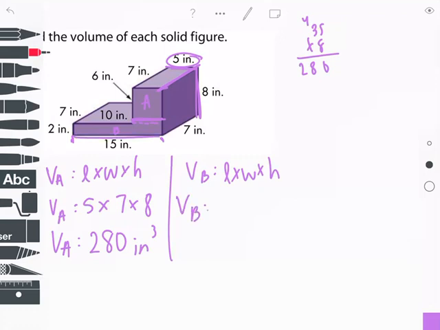Length here, now we can use the entire 15 because that's how long B is. The width, how wide it is, so the slanted part, this one's going to be 7 also. And then how tall. So notice that we're only using this section of the